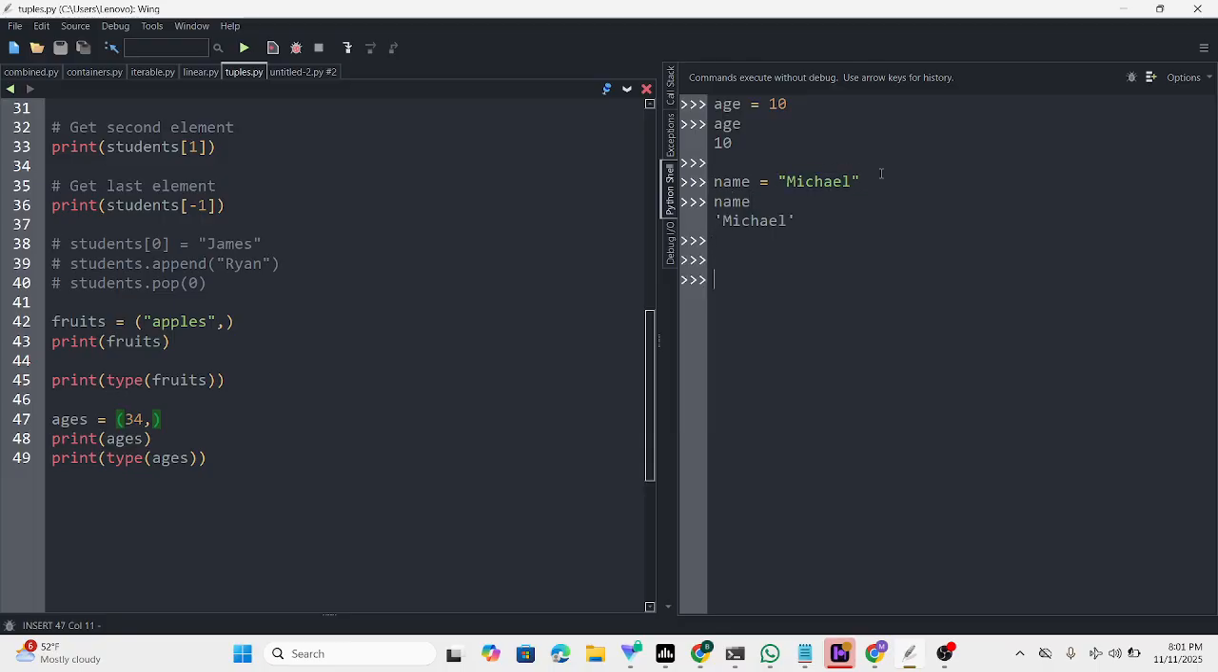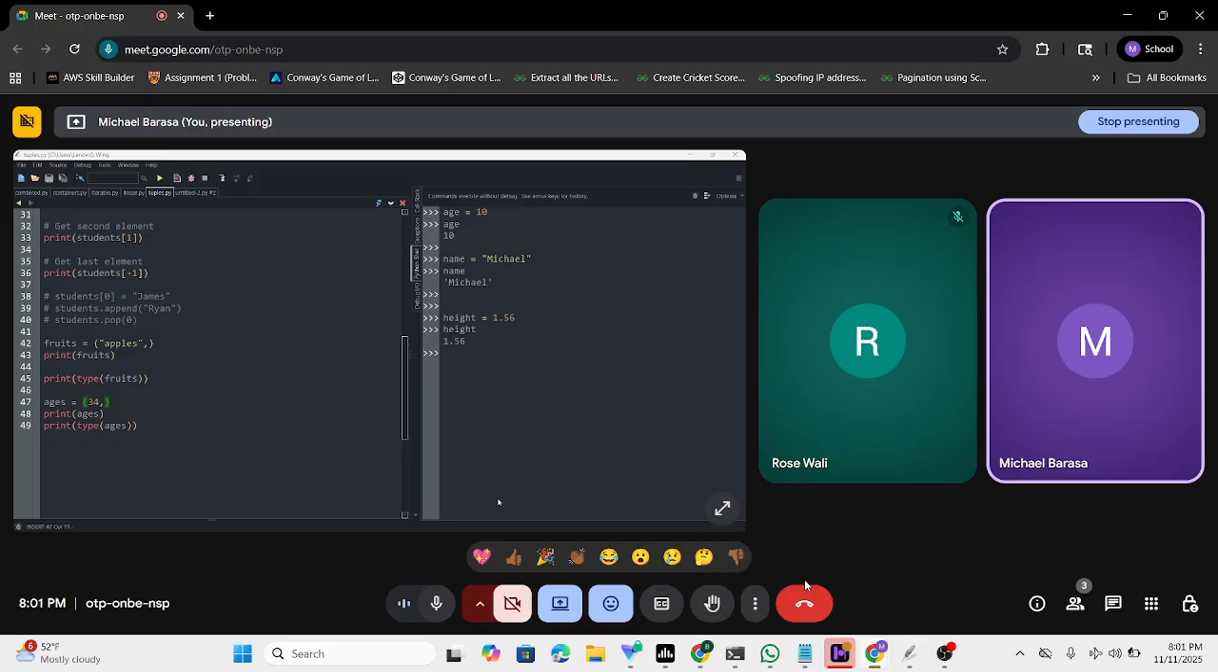And maybe I did something like height equals to, let's say, 1.56. And then when I did height, it's now 1.56. If you know this is just normal assignment, what we have been doing all over, age equals to 10, name equals to Michael, height equals to 1.56, you can give me a thumbs up. Okay, good. But now we have something called